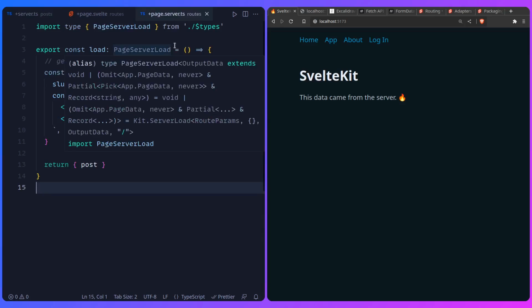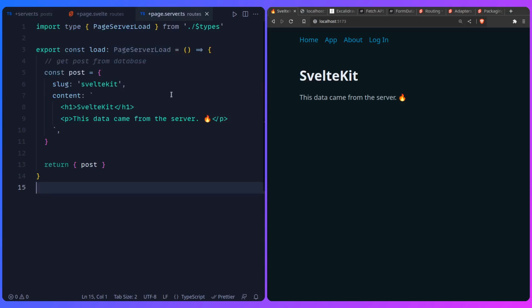So here I have another interesting file, +page.server.ts. And this is similar to our own endpoint before, but this is a page endpoint. So this is exclusively responsible for fetching some data from the file system or database for your page. So you can see here we have this load function, and that's really not important for now. So you can again pretend that you're fetching something from the database. You're going to get the post, the slug, the content. So you can pretend this is some content management system, and it's as simple as just returning the data from the